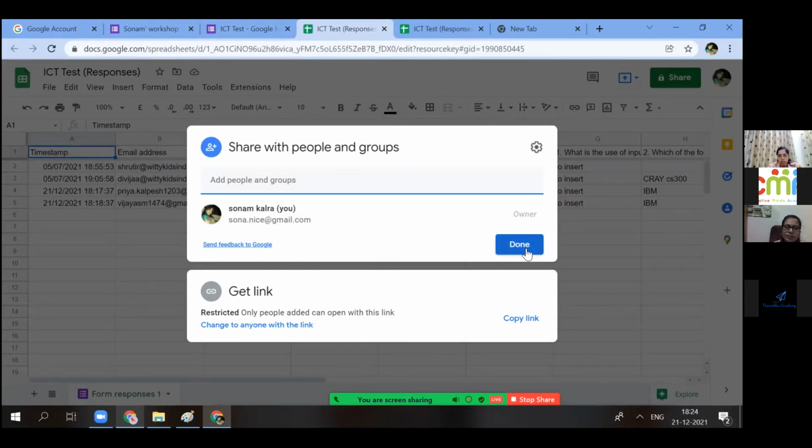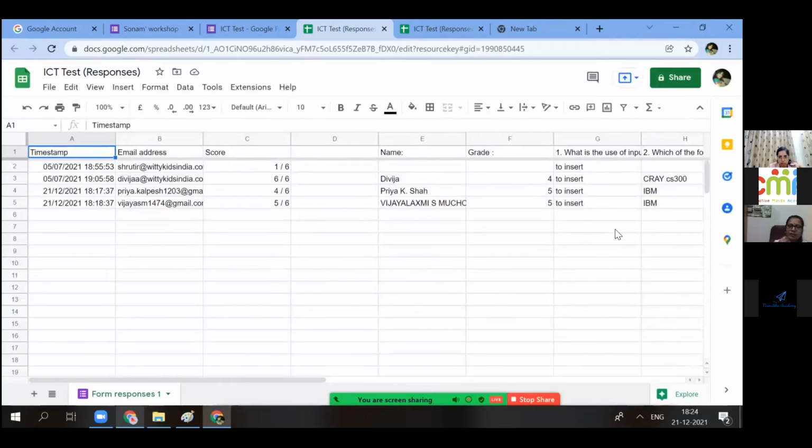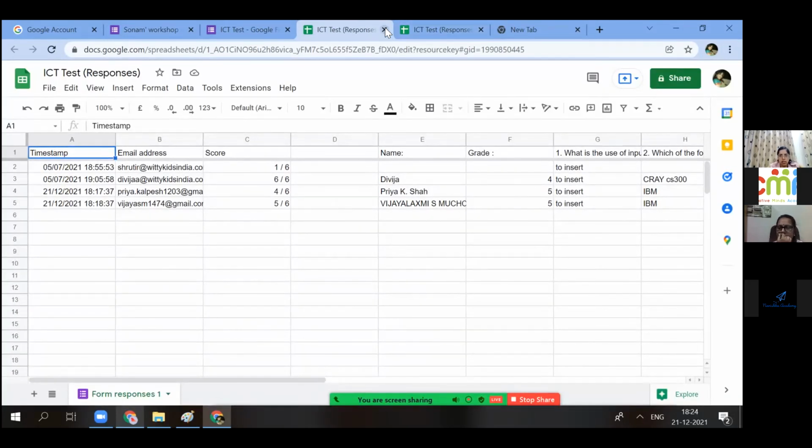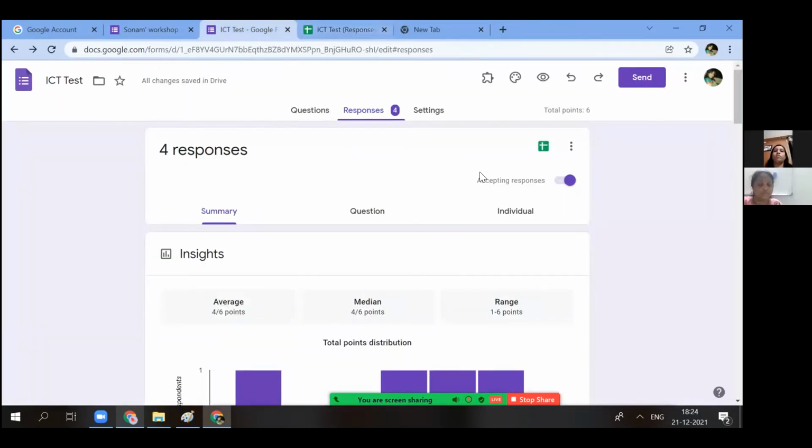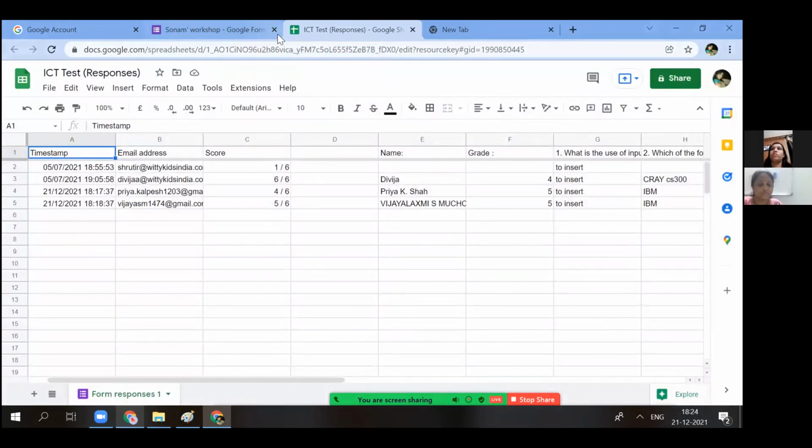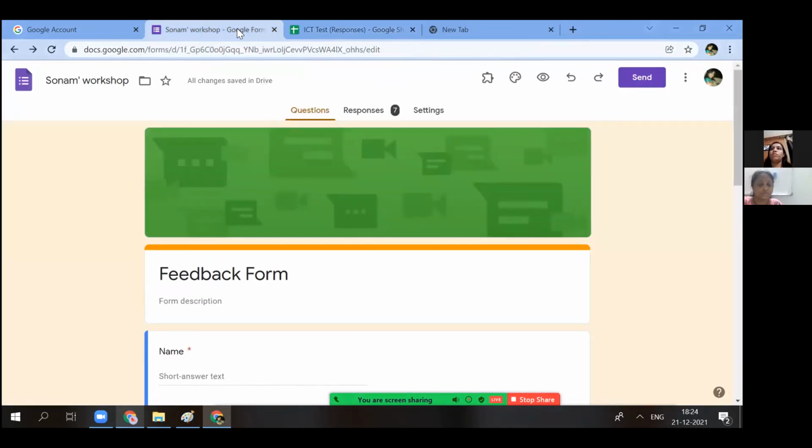Okay, Sonam, like you said that you have already created the sheet. How to create that sheet, please? Right. To create the sheet, ma'am, you need to click on this form only, on this option only. Okay, so when it is the first time, it will ask you that you want to create a sheet. Or create sheet, and in the second time you'll be able to see the option view sheet, view spreadsheet.